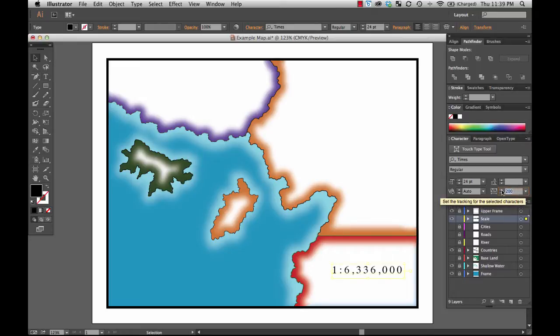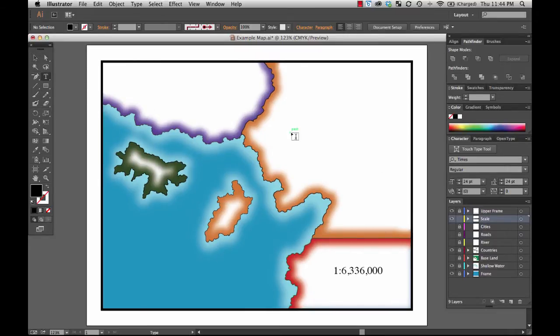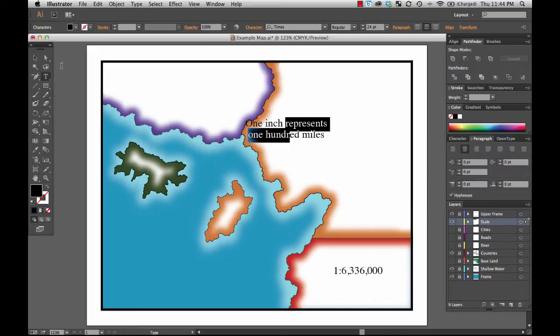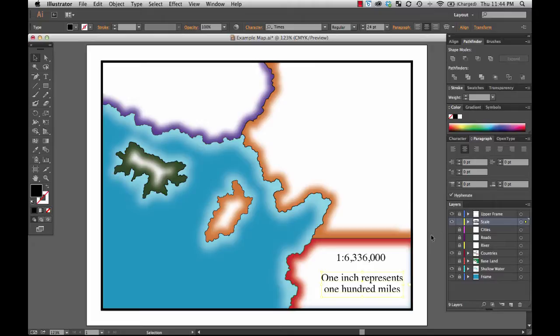Let me adjust. There we go, that looks a bit better. 1 to 6,336,000. Or I could certainly just grab my text tool and type in my statement scale of 1 inch represents 100 miles. Remember, represents, not equals. There we go. Now I have a perfectly good statement scale, assuming that this map is going to be printed